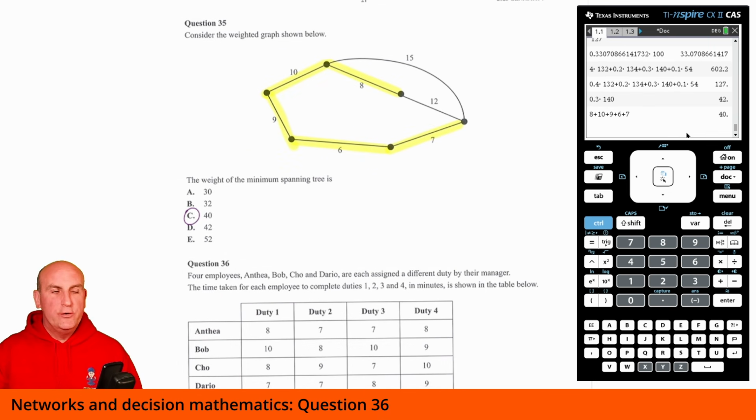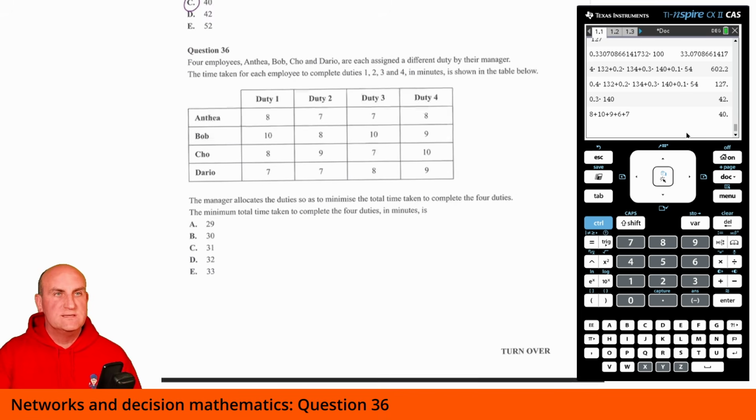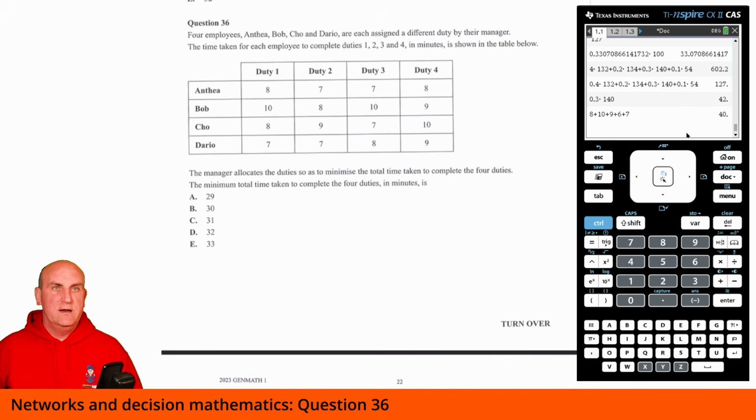All right, now moving on to question 36. 4 employees, why is this not moving? A, B, C, and D are each assigned a different duty by the manager. The time taken for each employee to complete duties 1, 2, 3, and 4 in minutes is shown in the table below. The manager allocates the duties so as to minimize the total time taken to complete the 4 duties. The minimum total time taken to complete the 4 duties in minutes is...